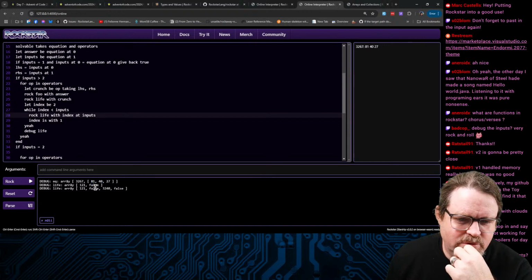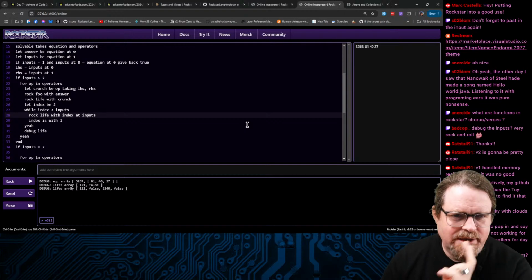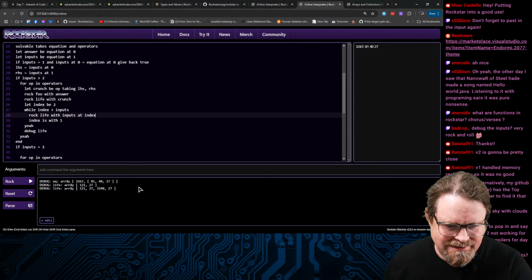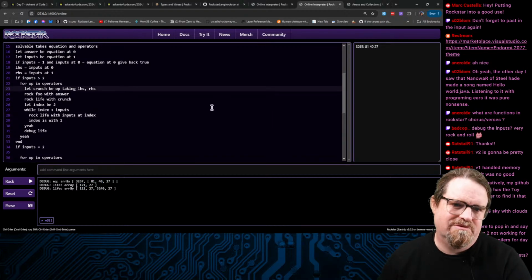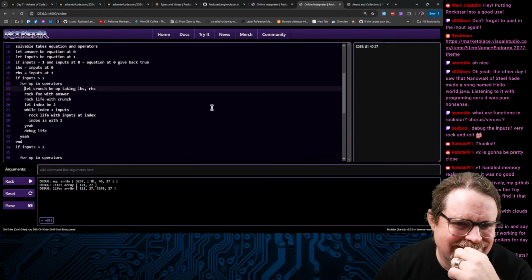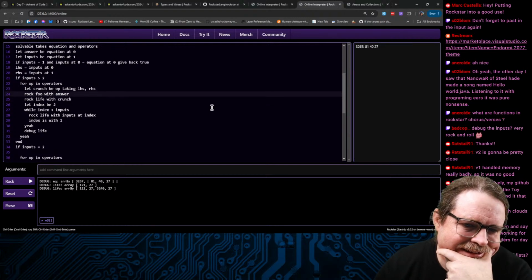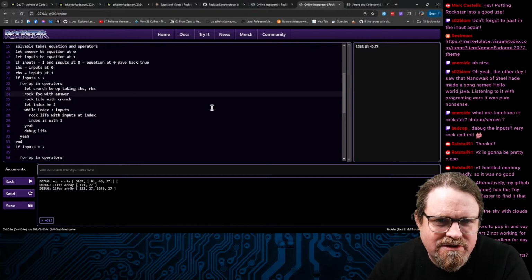So 81 plus 40 does yield the 121, but then y is with that inputs at index is what we need. Run that. Okay, so that crunches down that 8140 to 121.27. The problem here is I need a function scope, or I need to initialize a new variable in here because